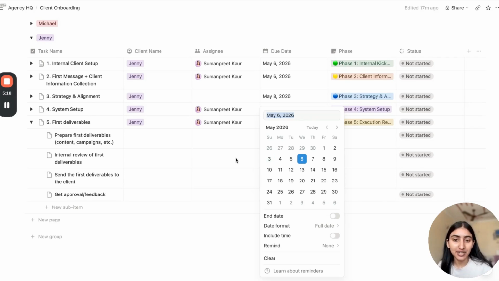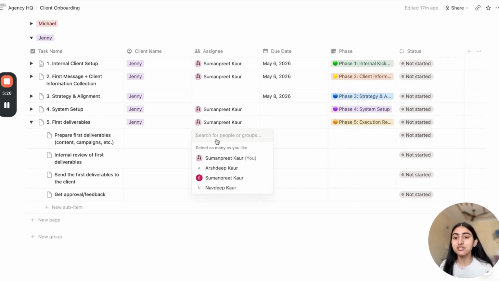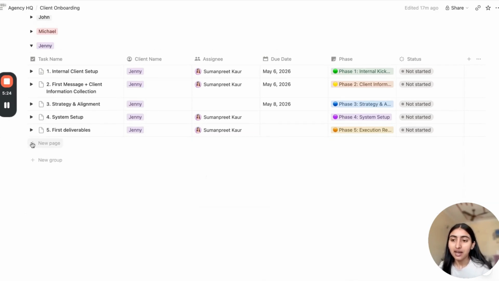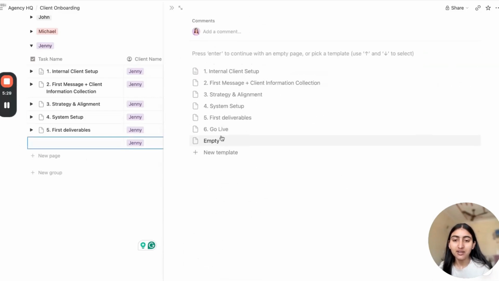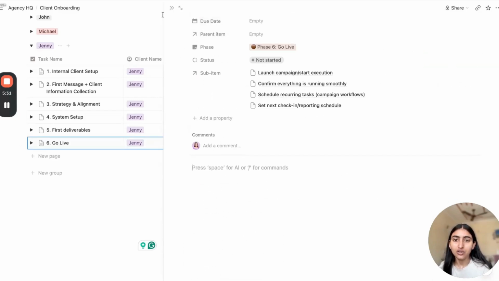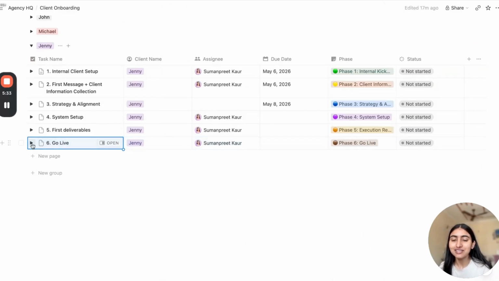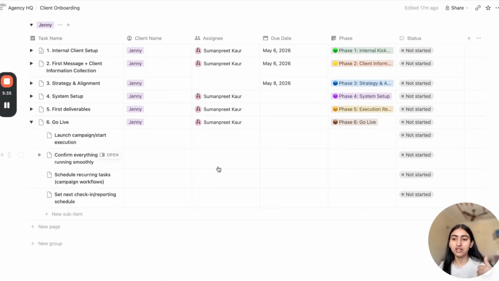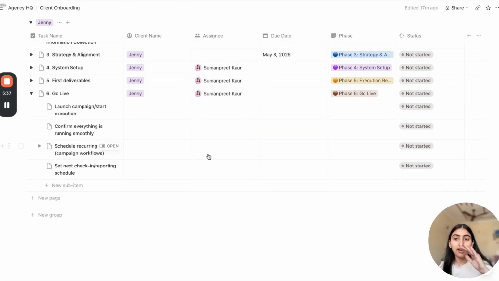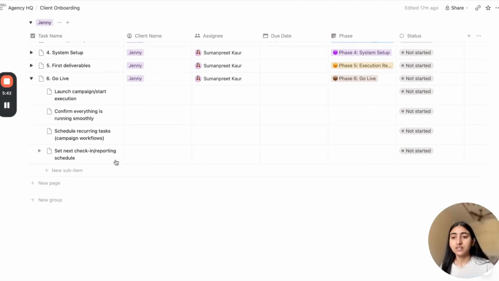So you can mark the due date here, and whoever is responsible for a certain thing, you can directly assign them here. And now we have the last step of this onboarding, the sixth one, that is go live. So this is like a checking of things. We have launched the campaign, and now confirming if everything is running smoothly, scheduling the recurring task and setting the next check-in or check-in report. So it's like a check-in system.